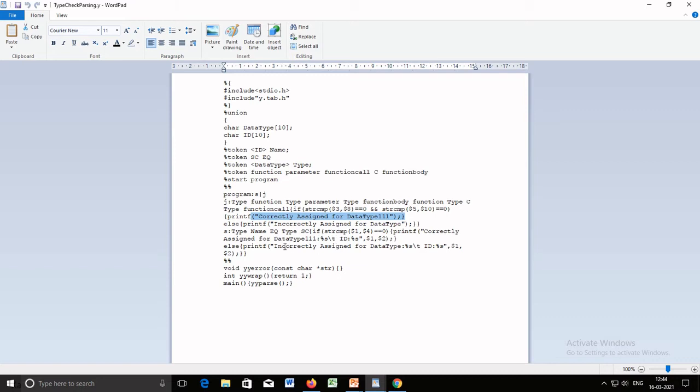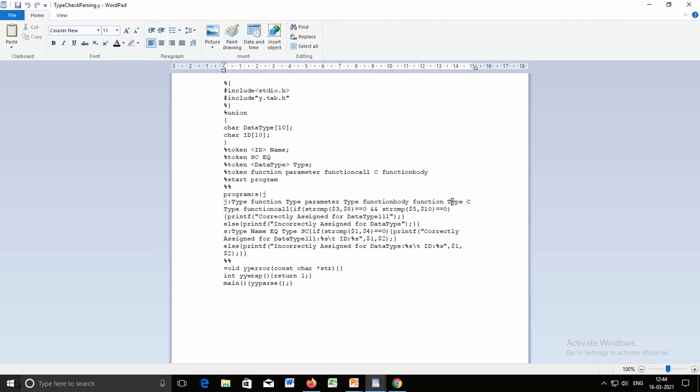Similarly, it will do for data type as well. Correctly assigned for data type. You can check this. The $$, $1, $2 are built-in variables of Yacc which represent values of the grammar symbol. Right. So for checking type, we are using this $3 and $8. So $3 is for this type. 3, 4, 5, 6, 7, 8.